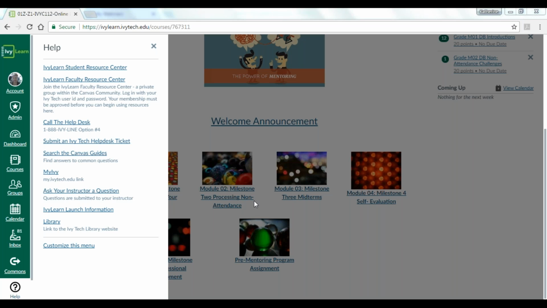But documenting that in the help desk system will help us, especially our tech specialists, identify how that process is working, and even work with our partners at Canvas who support the Ivy Learn platform to identify why or why not those students come up as inactive, or if something in that feature is quirky.